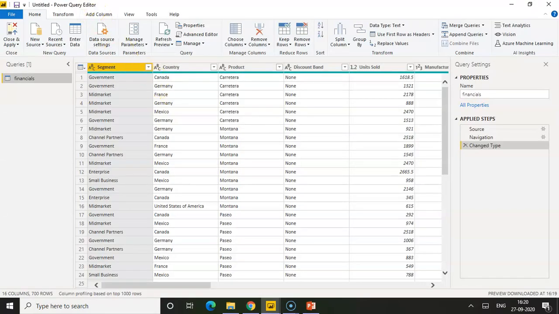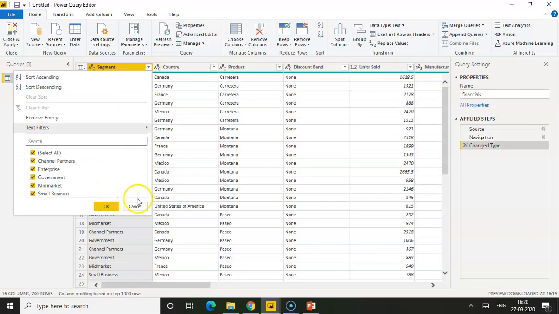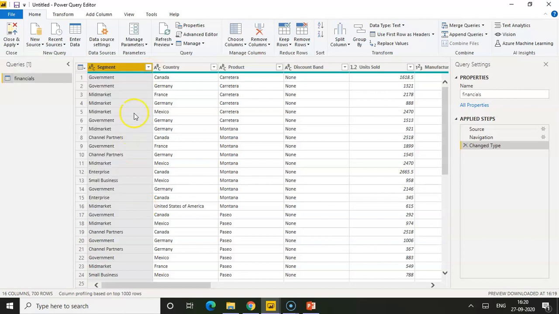See, this is the Power BI query editor. Here you have options to edit your data. Suppose you want to select something particular, or sort your data, or remove any columns, remove any number of rows, all these things you can do in the Power BI query editor.